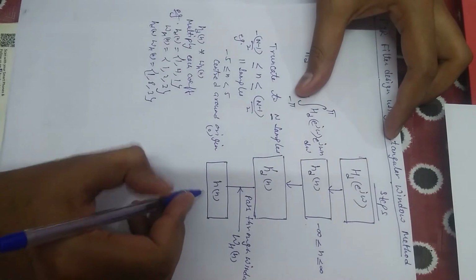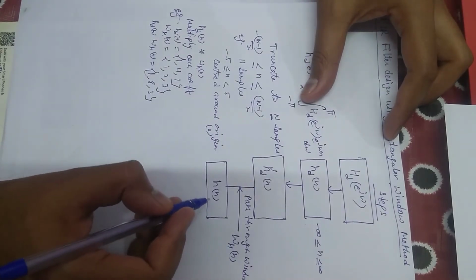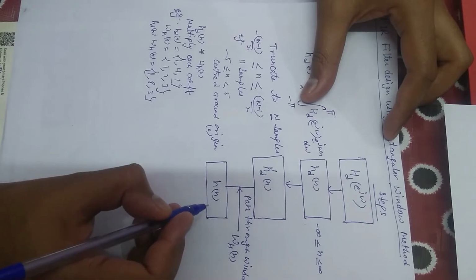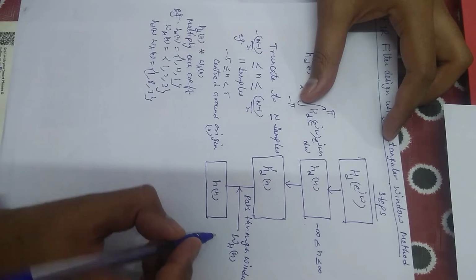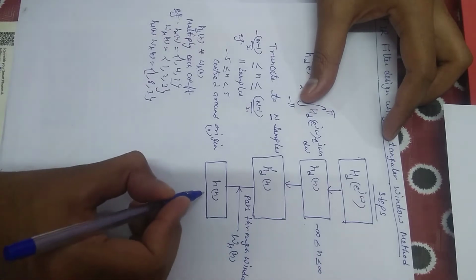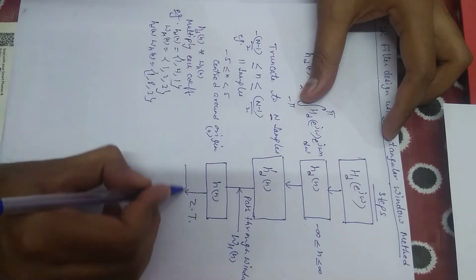Okay, next step, after passing through a window, now we have h[n]. This is discrete and a finite number of samples, obviously 11 samples taken in this example. Then we apply the Z transform of this h[n],